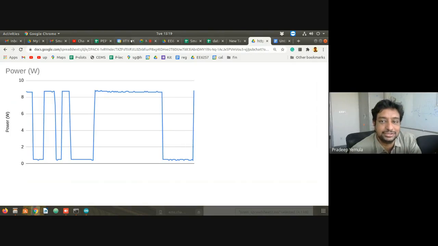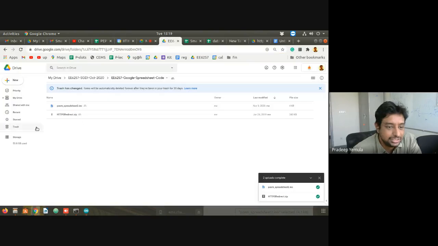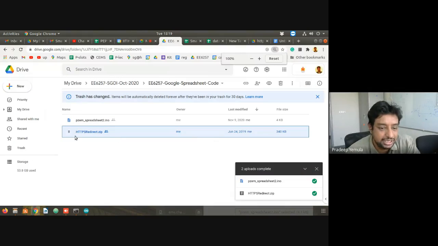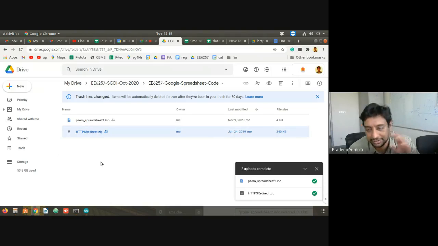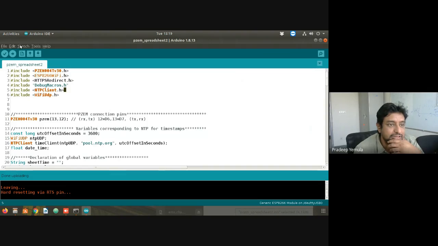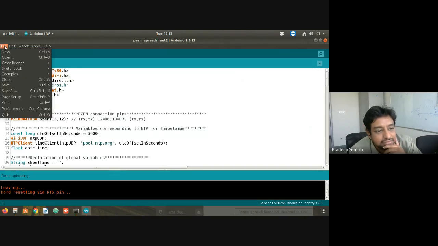Anyway, so I was sharing this drive. There was a second file which you might have downloaded, that is https redirect.zip. The same file you will be able to get from other sources also, but here you can get it. For this file, what you have to do, go to Arduino and then file, or